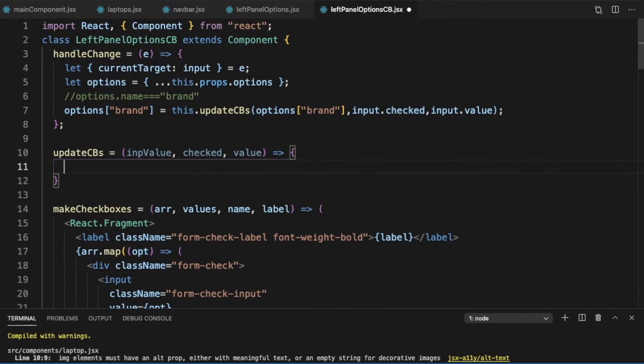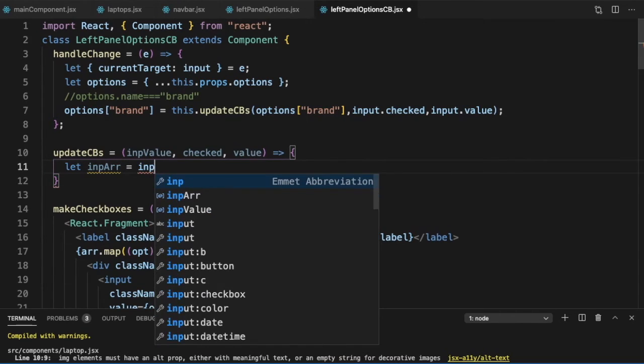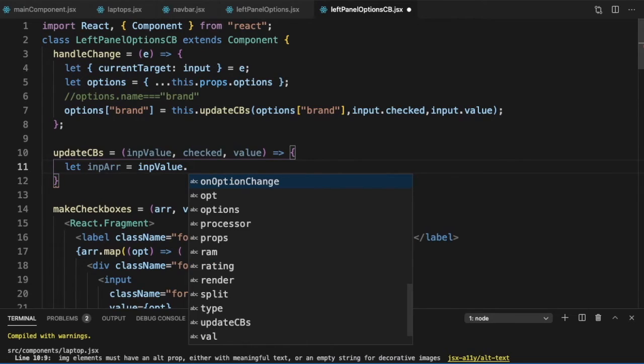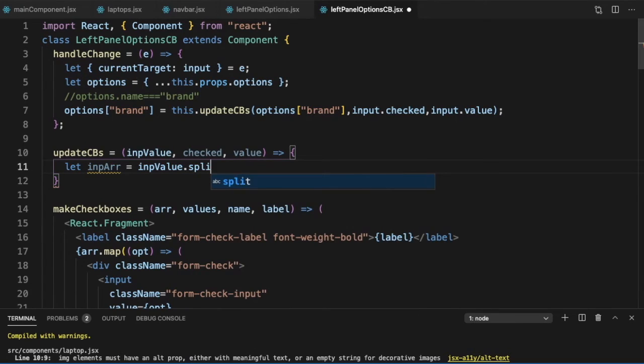Now what are the things we need to do? If checked is true, then we just need to add it to the input value with a comma separator. Unlike the previous times, because we are getting a value, we will convert that into an array. Let inputArray equal inputValue.split.